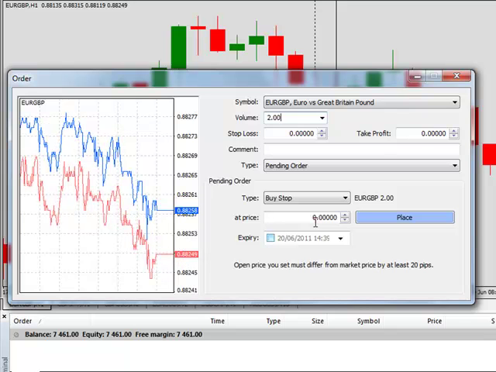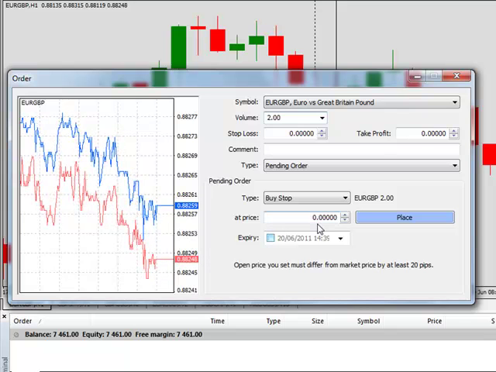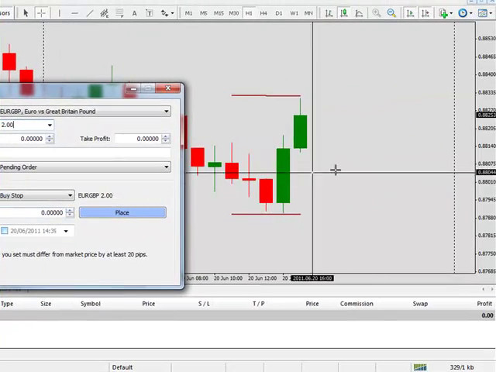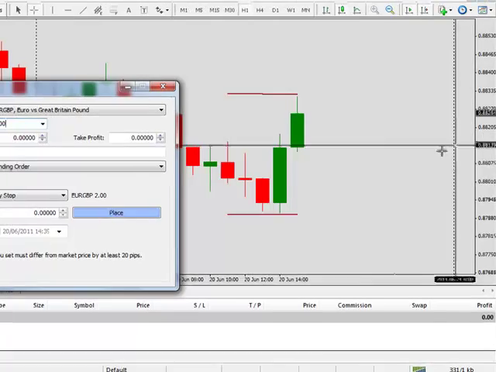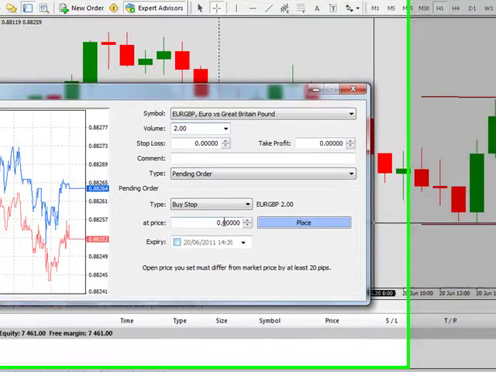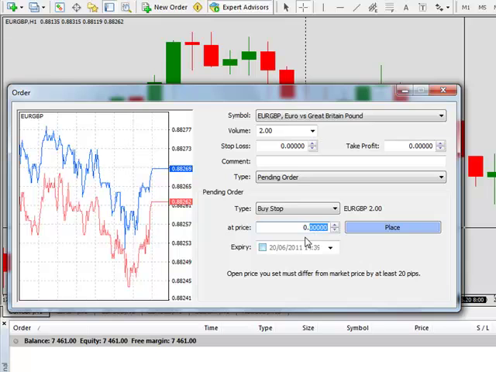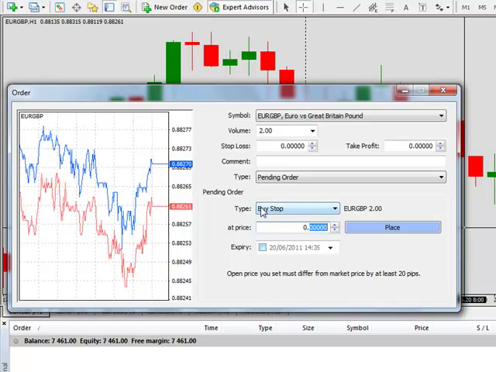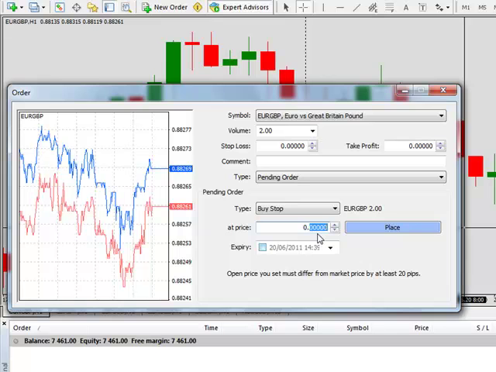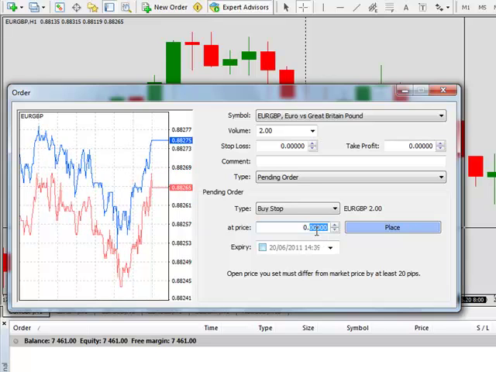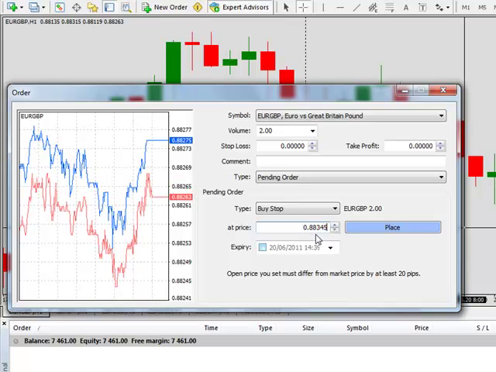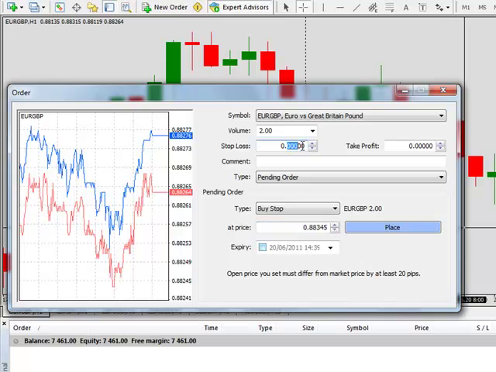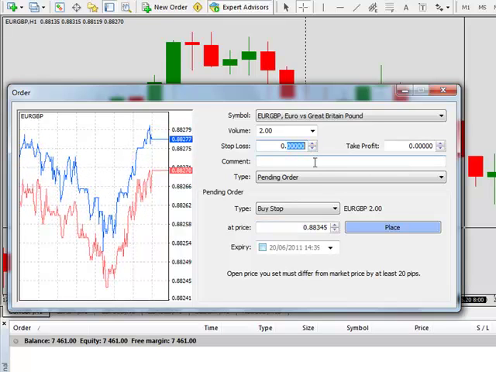Now the market I'm particularly demonstrating here is the euro against the Great British Pound, and if you look across to the right hand side, you'll see that it's all 0 point and then 5 decimal places. So what I particularly do is just highlight the last 5 decimal places. Now we're entering an up order, a buy order here, so I've decided I want to enter at 88345. So I'll type that in,